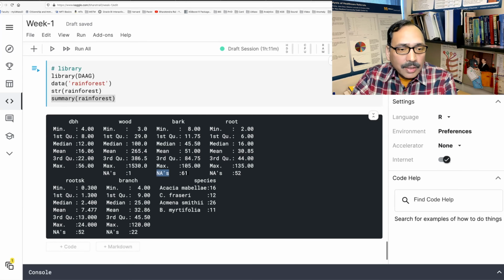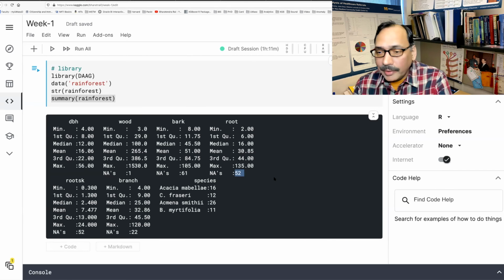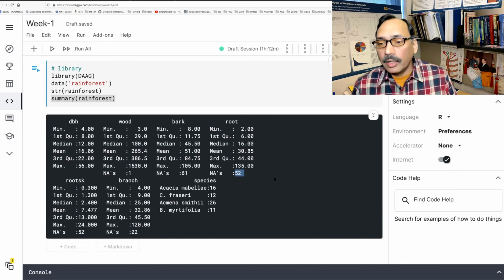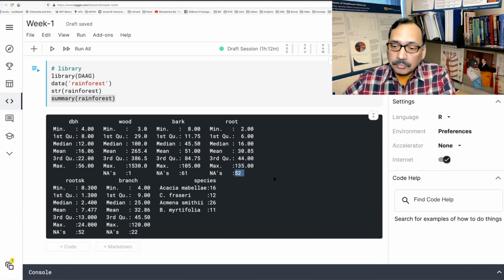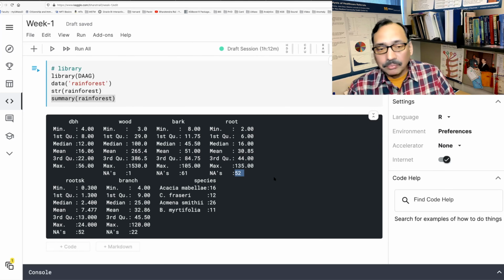NAs for bark 61, NAs for root are 52. So NA, as you know, stands for not available. And it is also missing data that is very common with many data sets. So it tells you how much of your data is actually missing.